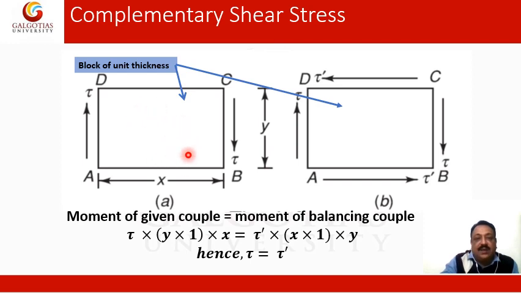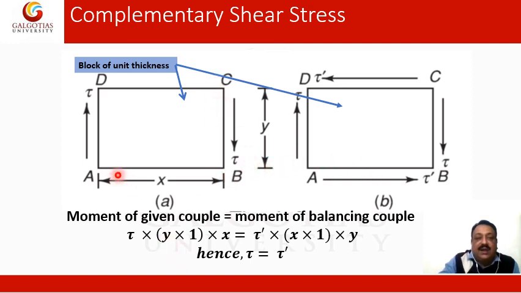But for equilibrium, it is necessary that something resisting torque, or resisting movement, should come in the anti-clockwise direction. So automatically there is generation of a vector tau dash which acts on these two planes, shown here on AB and CD plane, and they are trying to rotate the body in the opposite direction, that is anti-clockwise direction. So if you take the moment, if the distance AB is x and distance BC is